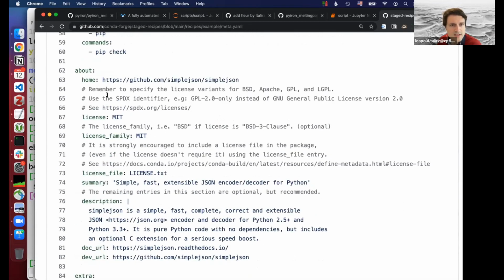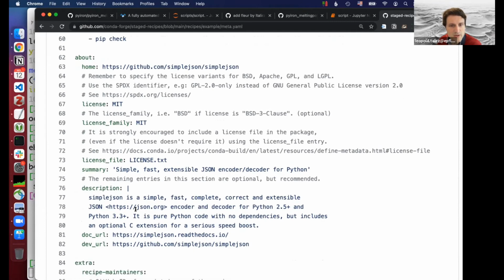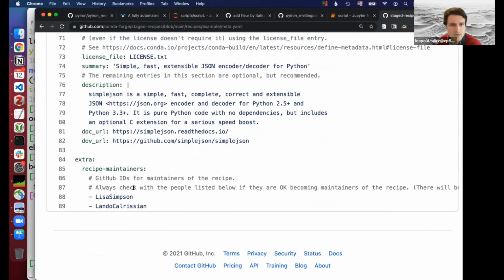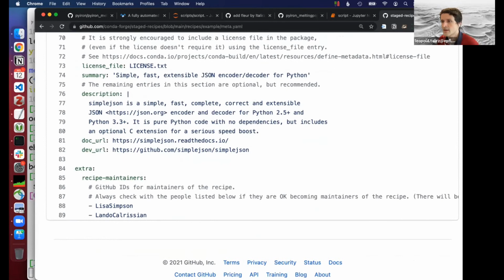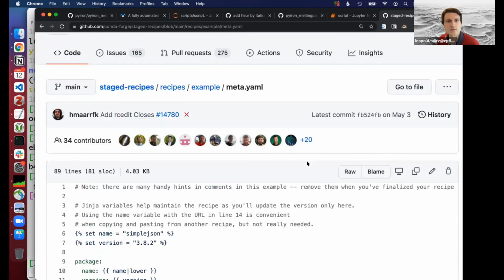And then there's a couple of metadata, like the license of the package, a quick description of what it is about, where to get more information, and then importantly also who are the maintainers of that package. And so let's have a quick look maybe at